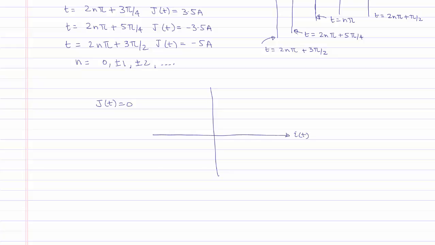If we plot I of t on the x-axis, V of t on the y, it consists of a vertical line which coincides with the y-axis, where the current is equal to 0 and the voltage can have any value. This is the same characteristic as a resistor of value infinity or an open circuit,